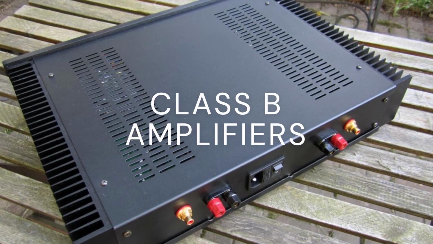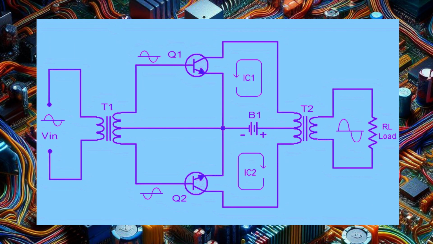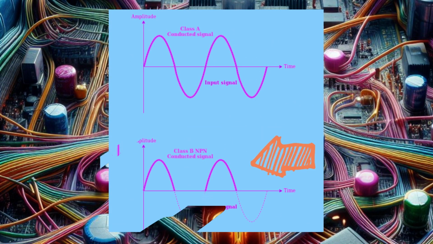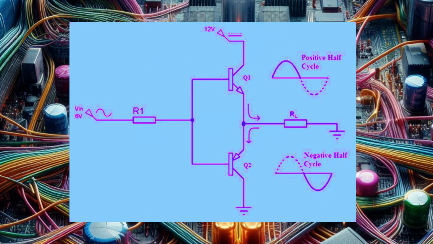Class B amplifiers are more efficient but less linear. In a Class B amplifier, the transistor is biased at the edge of its active region so that it conducts only for half of the cycle of the input signal. This means that the output signal is a clipped version of the input signal with only the positive or negative